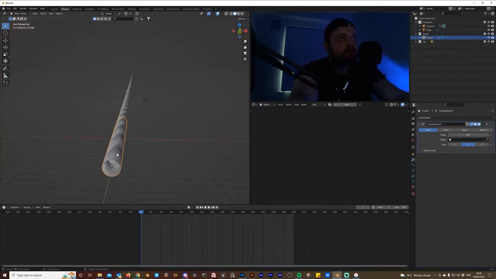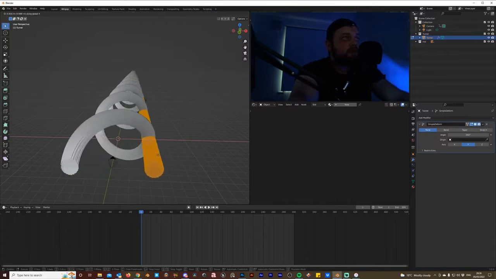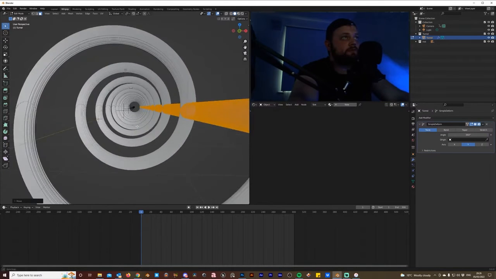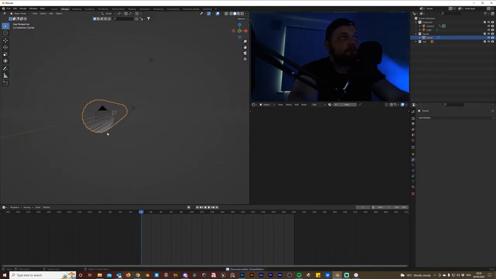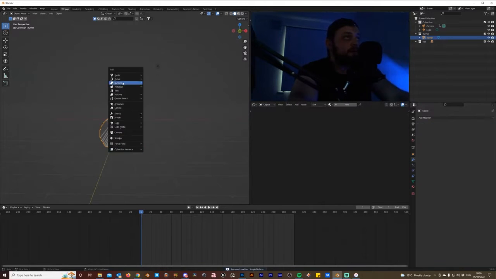So for example, if I take this tunnel and I go into edit mode and I hit G and X, if I start to move that, it's going to twist from that orange dot there, but we're not going to do it on this, so I'm just going to delete that. We're going to do it on a new object, so we're going to hit Shift A, add a mesh, and